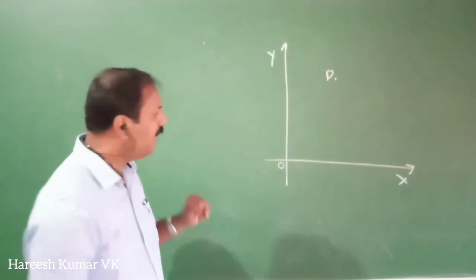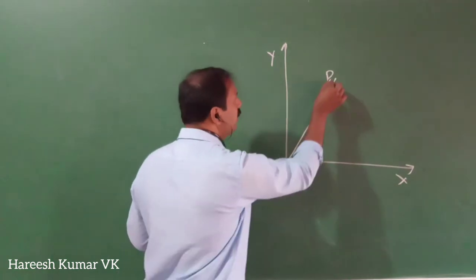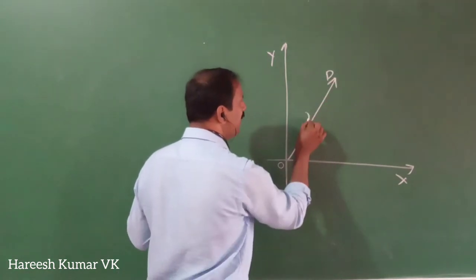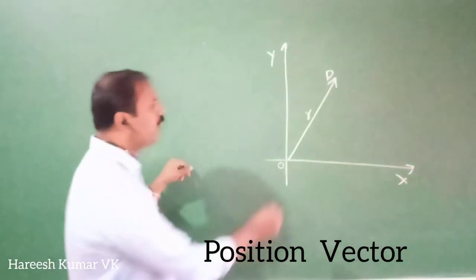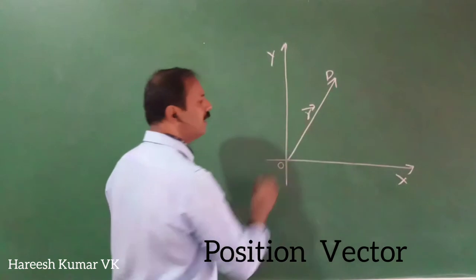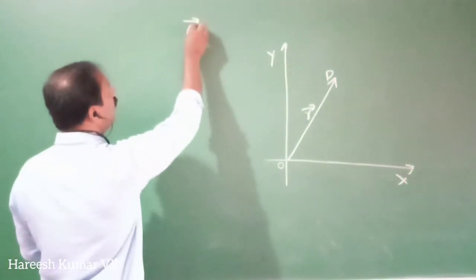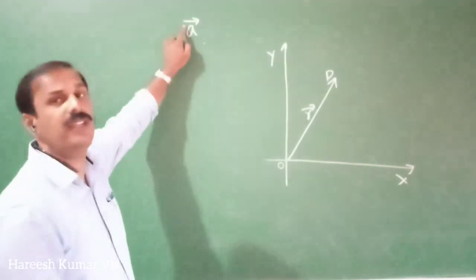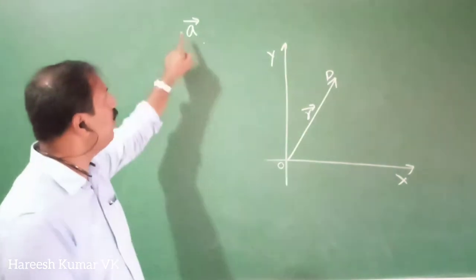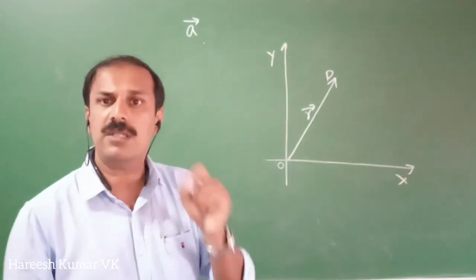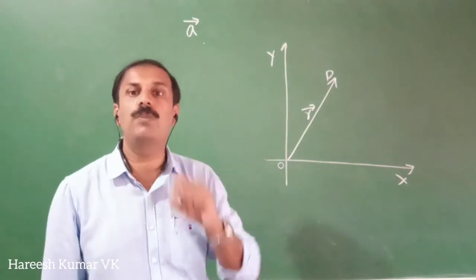A line, or a vector, connecting from this origin to this point can be written as R. This is called the position vector of P. For a vector we can draw an arrow mark on it. If you write A like this and put an arrow mark, it says this is vector A. This arrow mark says it is vector A. In your textbook this arrow mark is not marked. The reason for that is the textbook is using another notation where all vectors are printed in bold letters.